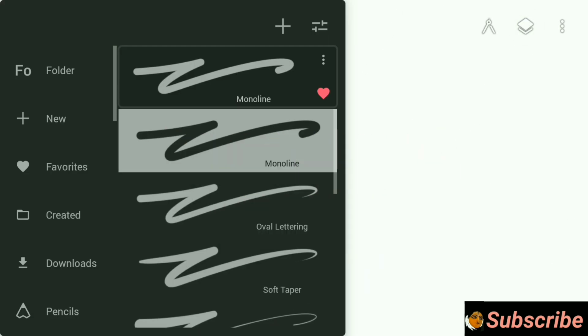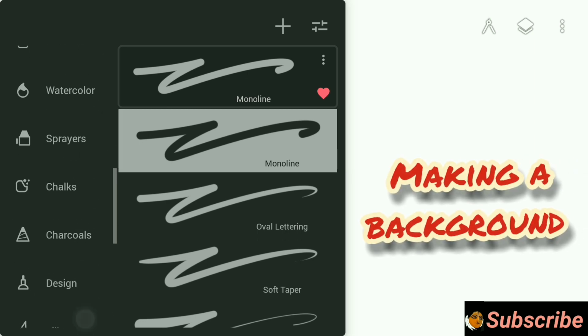Okay, let me create a simple scene using Warli. So now I will draw a Warli painting using these techniques.